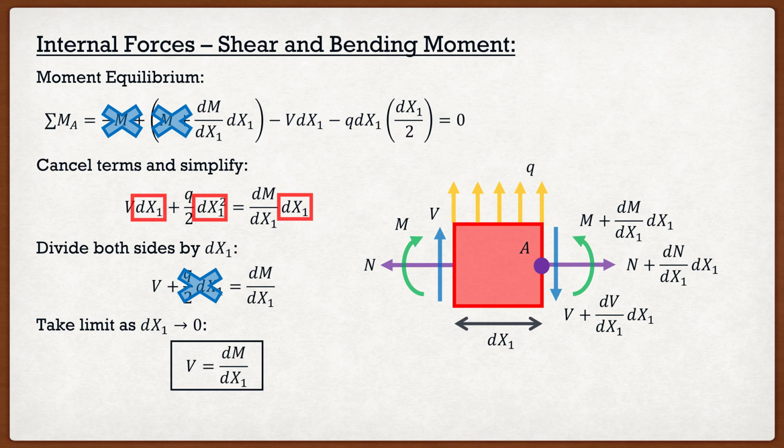And we're left with the following relationship where the shear is equal to the change in moment over dx1, or simply the derivative of the moment function with respect to x1. Now this is very nice because we have a shear to moment relationship. So again, the load to shear and the shear to moment relationships, you guys have probably seen these before. These are nothing new. But now we're going to take it a step further with everything we've learned thus far